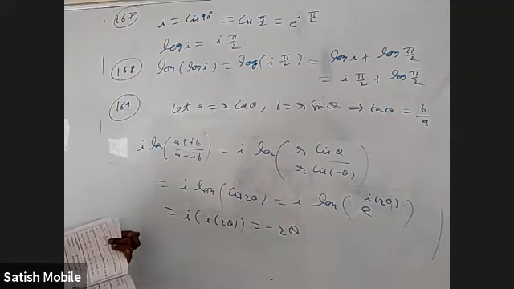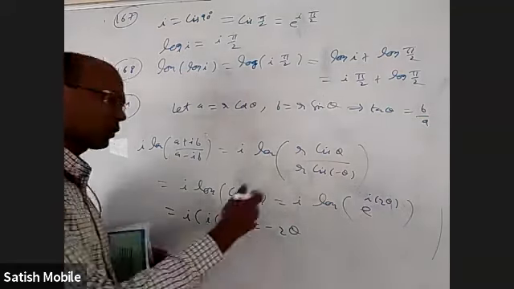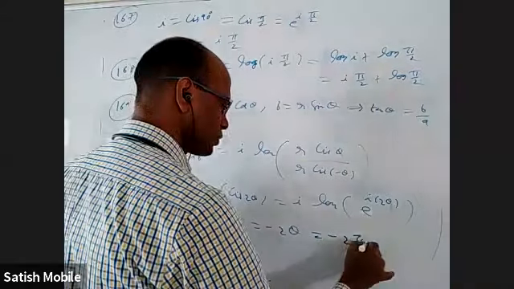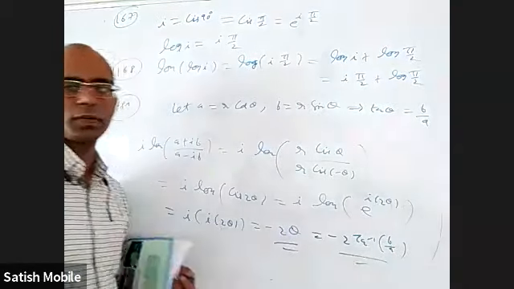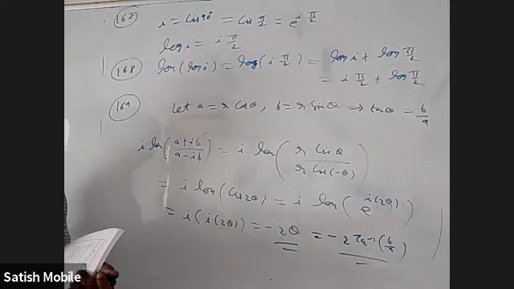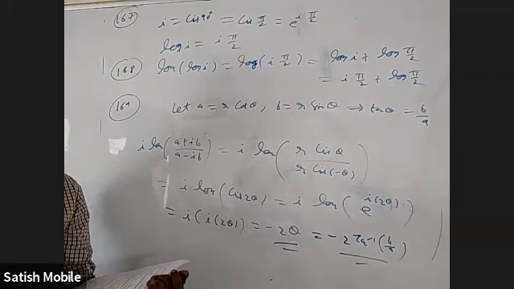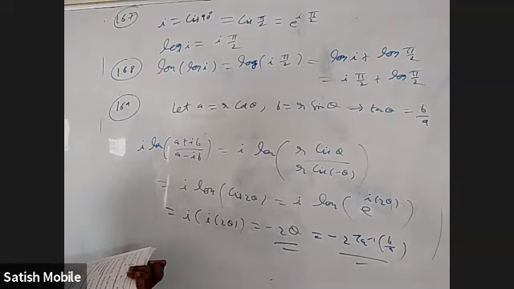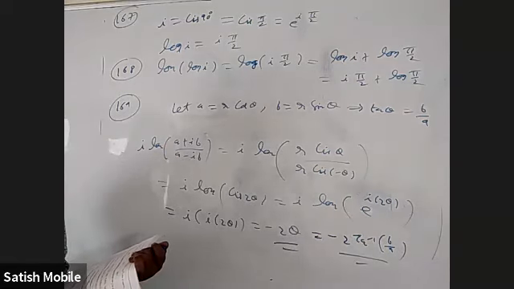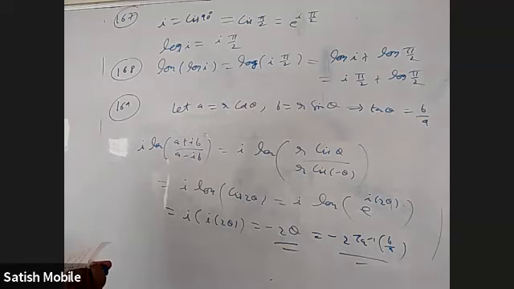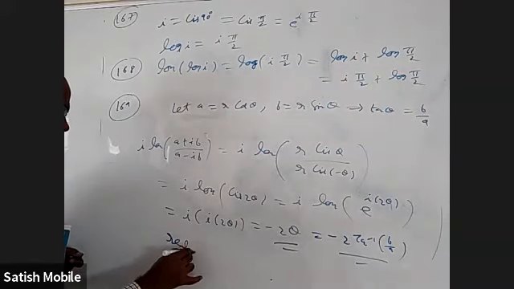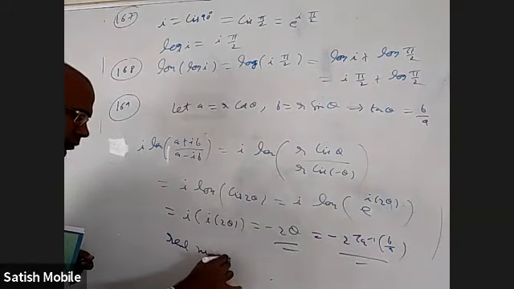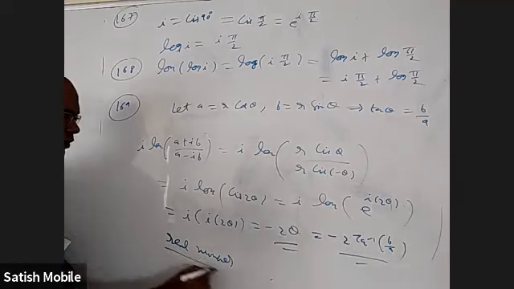You don't have to write all that. You just leave it, or you can write it also, not a big issue. Minus 2 tan inverse b by a. After all, it is a real number. For a real number, argument is 0, or pi, depending on negative real number or positive real number. Both are correct, because this whole thing is a real number. Actually, without writing, you can say that.